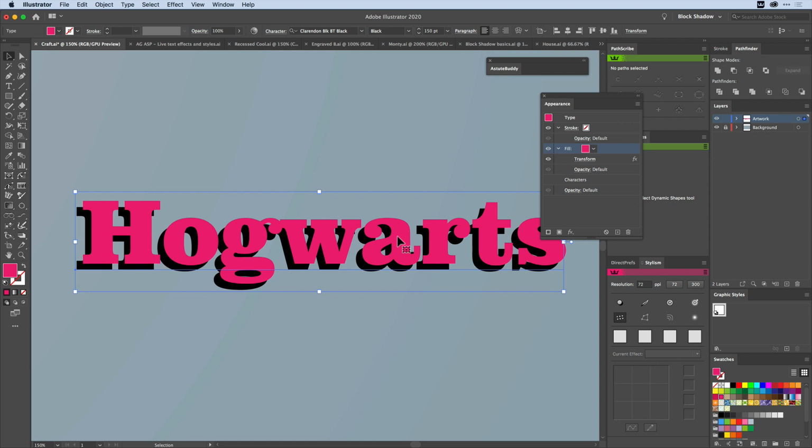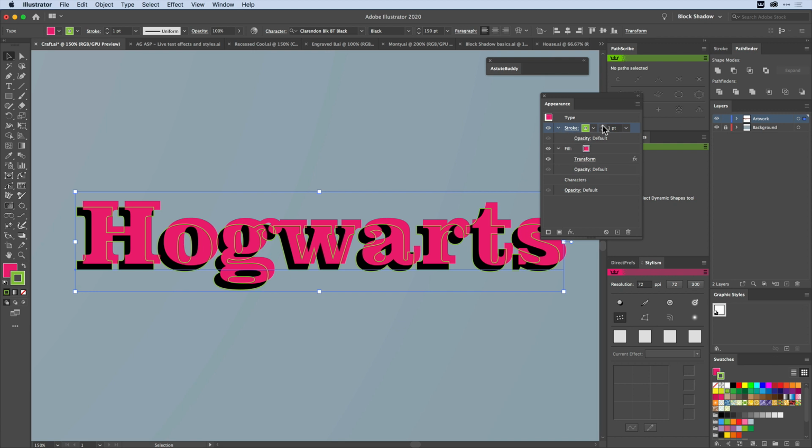So this is the very, very basics of the Appearance Panel. Now, let's look at the stroke as well. There's also a stroke being placed there because I added a new fill. It puts an associated stroke with it. And I will make that stroke green. I'm not doing this for beautiful colour. I'm really not doing it. I'm doing it so you can see what's going on. So you can see this green outline has now been placed on top of the original black text. It hasn't been offset like that magenta one because that transform I did is associated with that one fill.